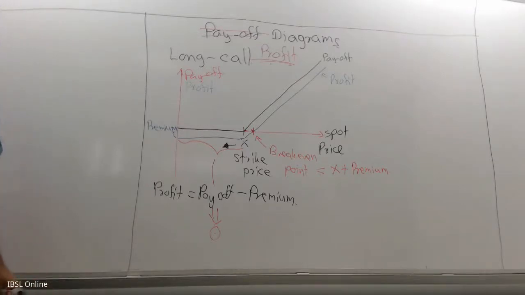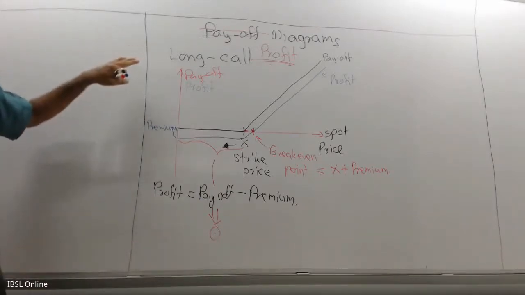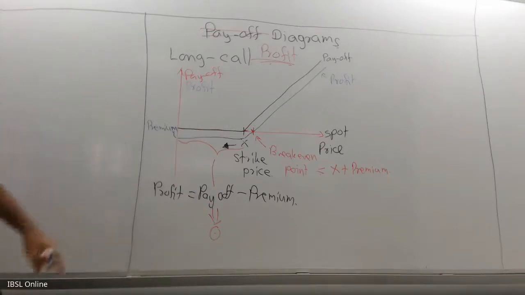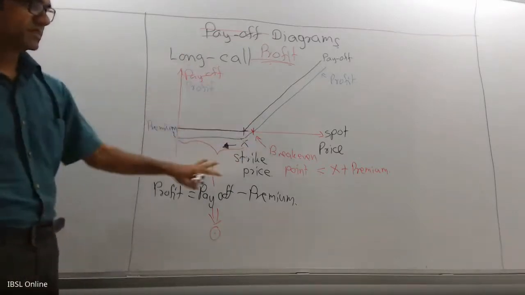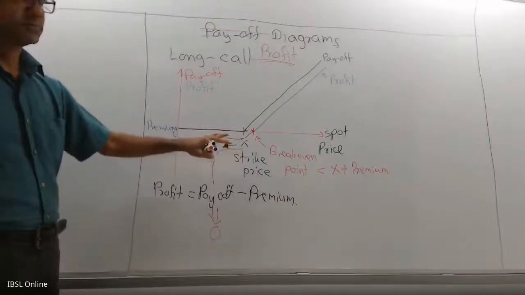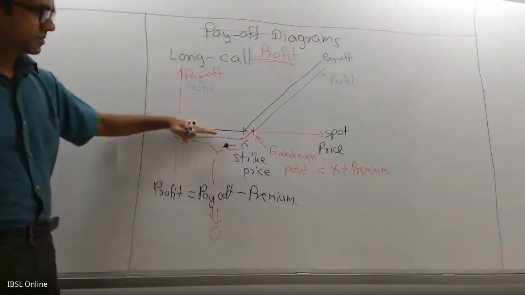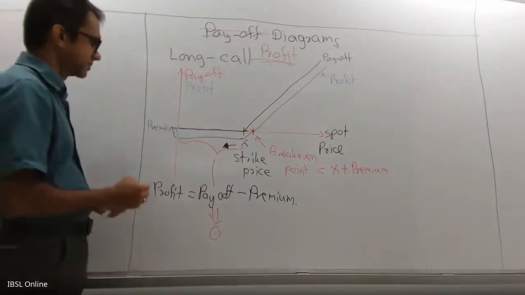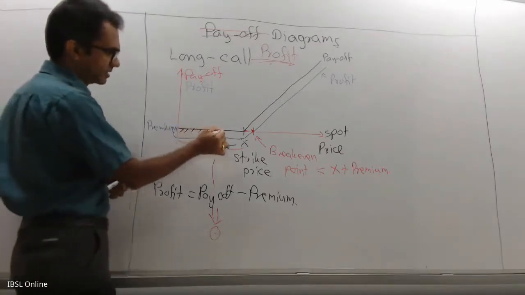Clear? So if I ask you what would be the profit diagram or the payoff diagram, whatever it is, for a seller of a call option, what would be the diagram? It would be the mirror image of this diagram when you put a mirror on this x-axis. You know the basic concept. I think if I put something like this,